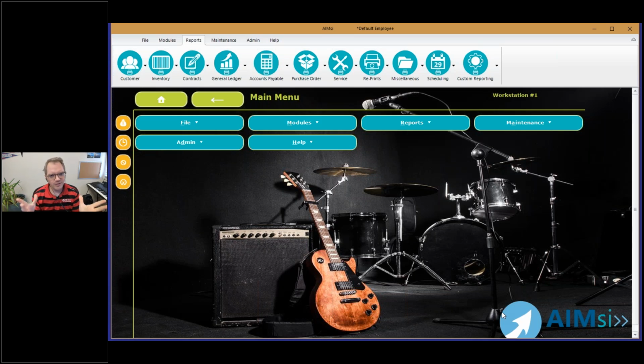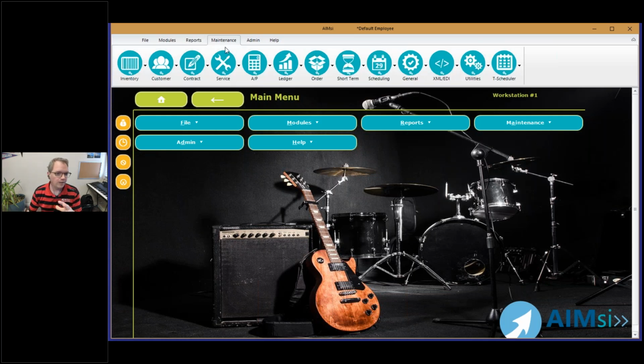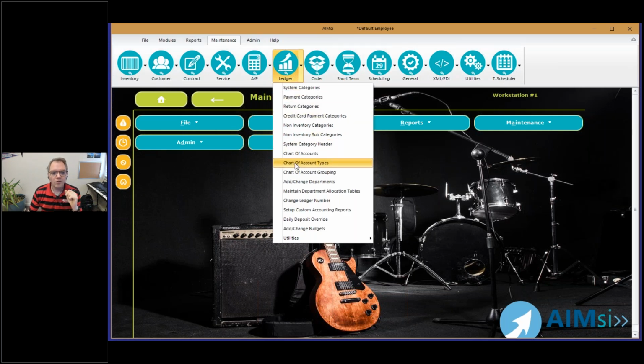I think there's actually a limitation of 50. Hopefully no one needs more than 50 departments. And then you can associate those departments with ledger accounts in your system. So we're going to take a look at this. If we go back to maintenance and to ledger, we're going to take a look starting off with add change